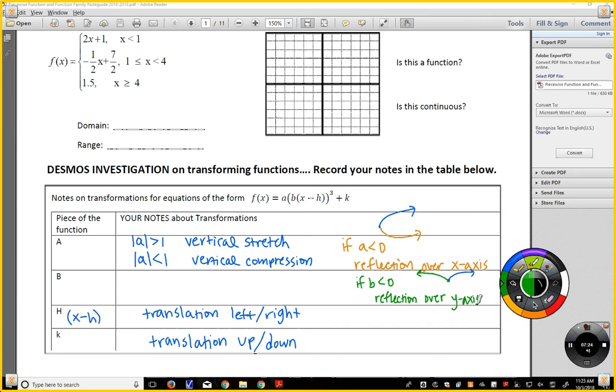So it's still a stretch or compression, it's just measuring horizontally instead of vertically, and it works a little bit weird. We're going to say it here, but we're going to practice with it a lot later. Just like with a, it breaks up into two categories, okay? But here's the thing. When you see an equation that has a 2 inside as the b,